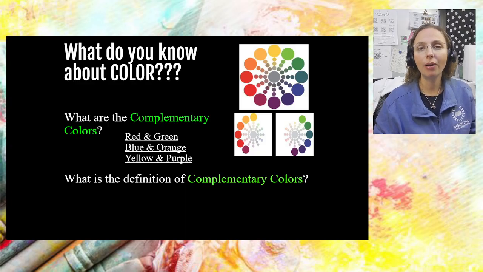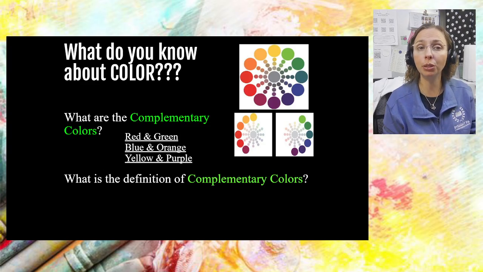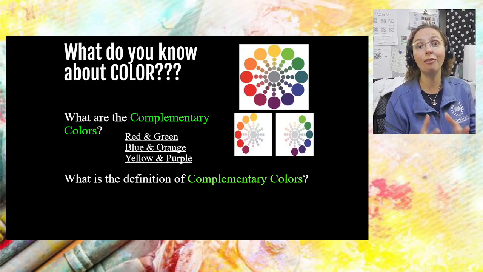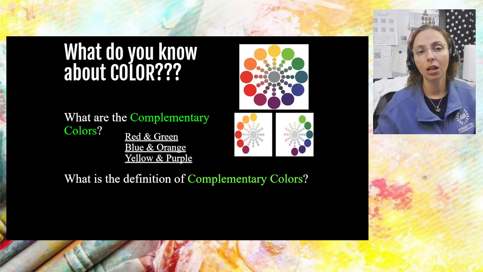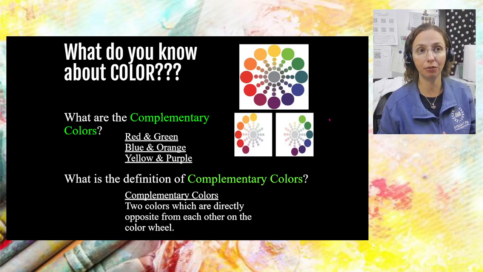And when we think about how they're constructed and made, we've got red and then you have green. Green is made from yellow and blue. So when you have these colors present, you really have all color present, which is another reason that they pop. So the official definition of complementary colors is two colors which are directly opposite from each other on the